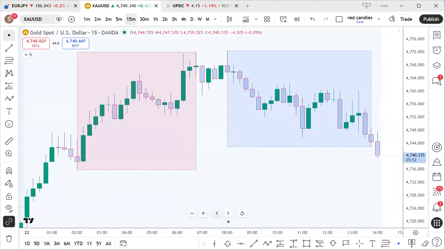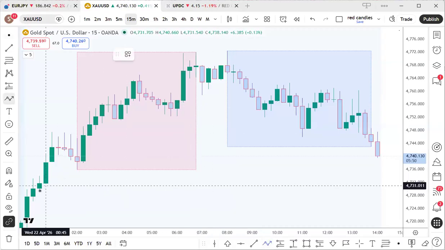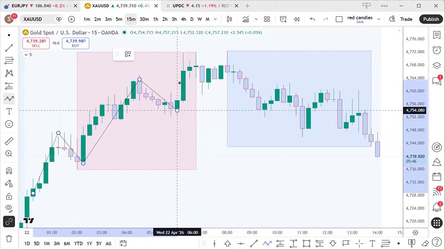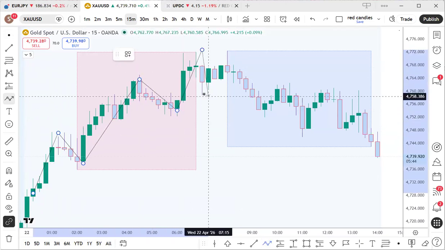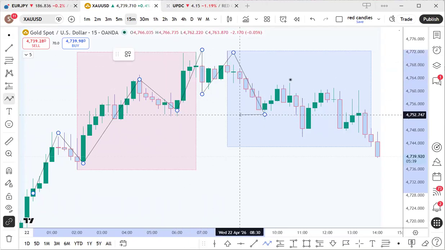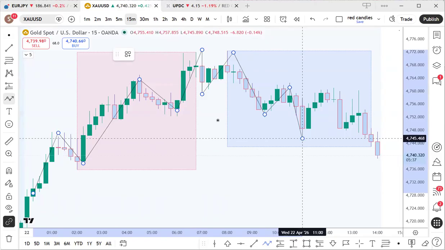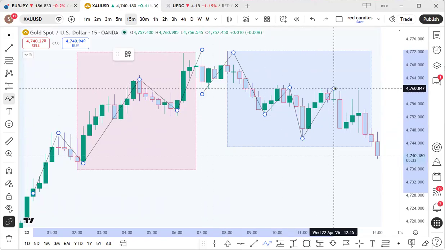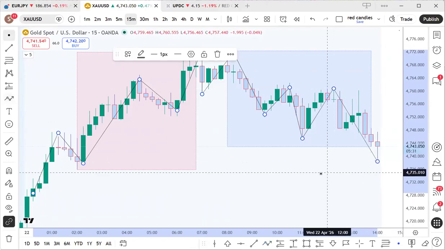So initially, during Asia, it was moving up. As you can see, it is visibly moving up. Then it came down a bit. During the London session, it broke these lows eventually, right? So you have a break of structure right there and a pullback, and it's breaking structure again.